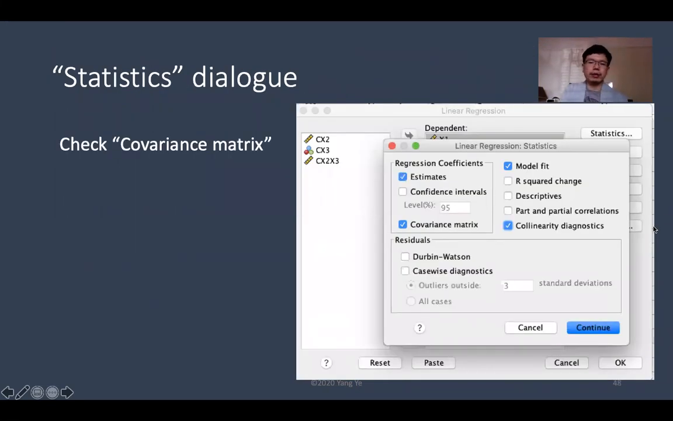And you can include, okay, in the statistics dialog, make sure you get a very important statistic, which is the covariance matrix. That's something that we hadn't asked for before, but here it's very important to have the covariance matrix. You can also look at the collinearity diagnostics, but there's no need for R-squared change because we are just using a single